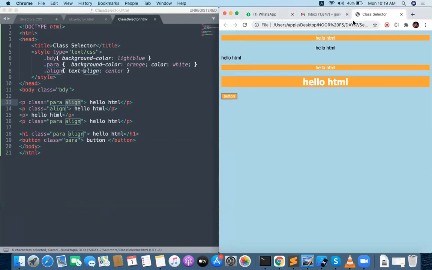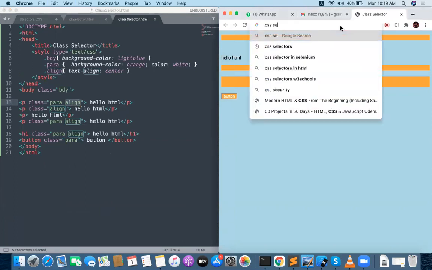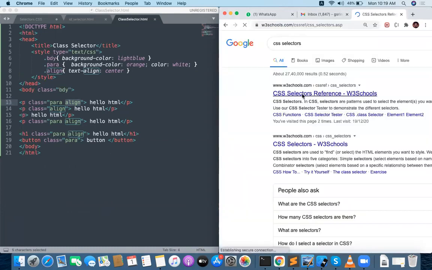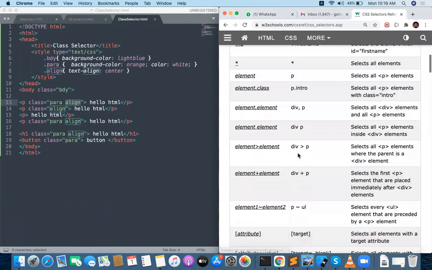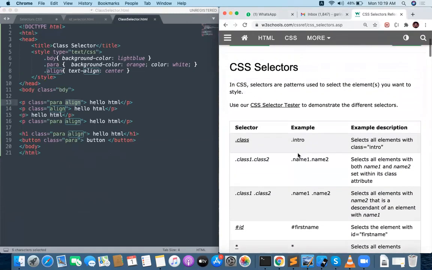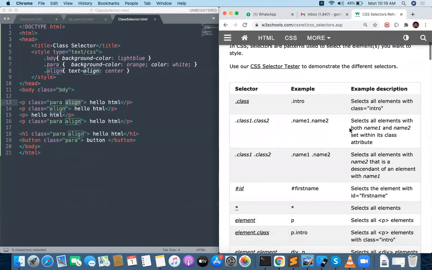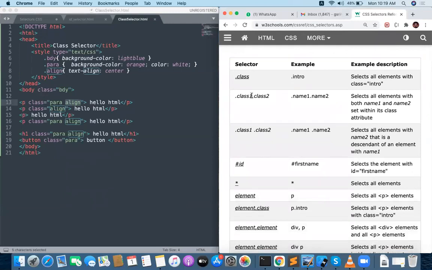Okay, we will be having a lot of CSS selectors which are going to be available. Let me try to do one by one all the things now. Go to the reference of W3 Schools. You can find a number of selectors which are going to be available. The first one, the class selector, we did, and the second one is called a group selector. This is also done. So what is the group selector?